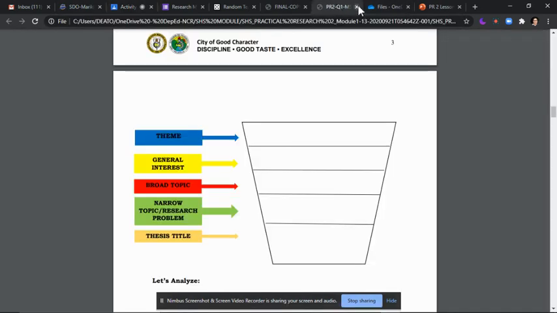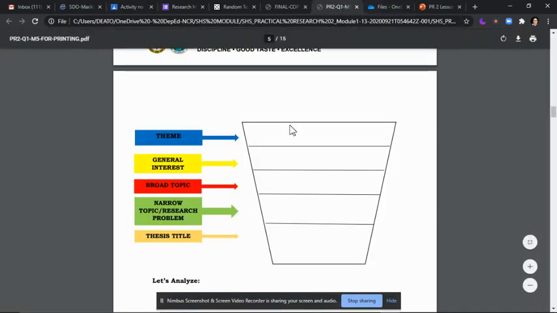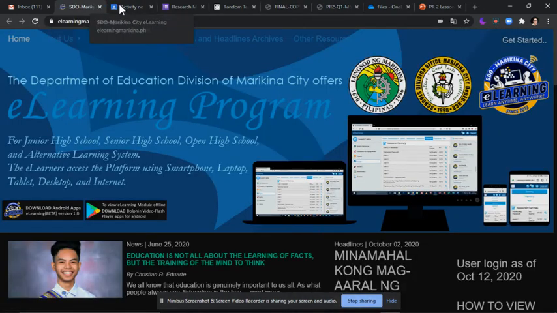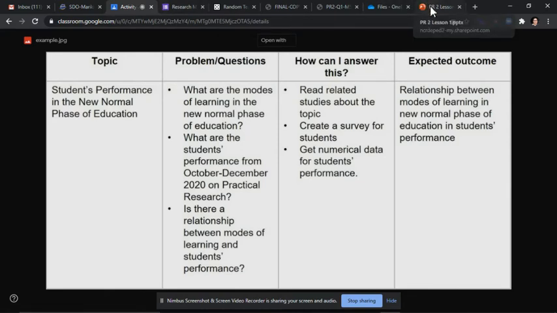Then, bubuo na ako ng title. So, kung bubuuin ko siyang title, ano kaya yung pwede kong gamitin? Ito na yung title ko: Relationship between modes of learning in new normal phase of education in students' performance in practical research 2.